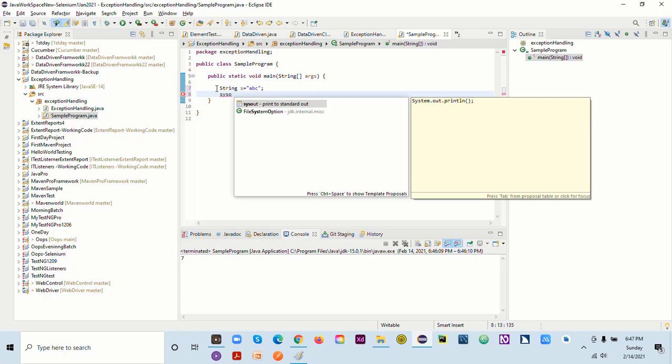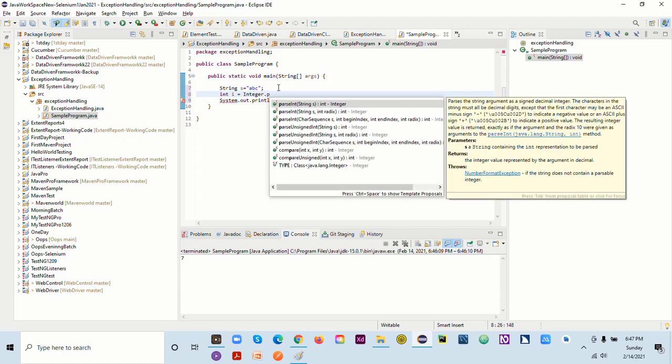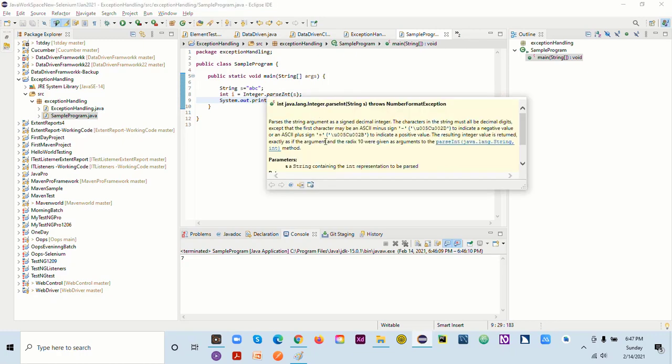But before printing, what we are doing here is, we are converting this string into an integer. So let's do it. We are saying int i and storing it into one variable. So it's int i = Integer.parseInt, and we are giving s there. All right, it's done. And let's try to print here. So we are converting this string into an integer and we are trying to print it. Let's try to run this now.